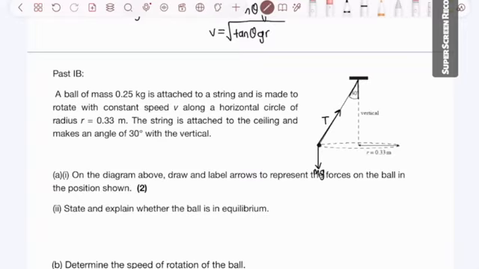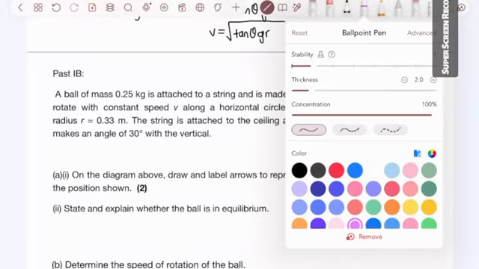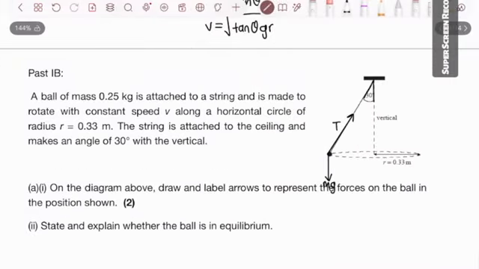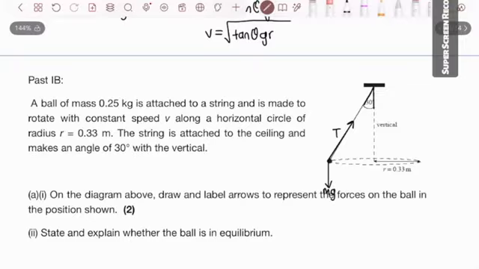Number 2 is asking us to state and explain whether the ball is in equilibrium. So the answer to this would be simply no. The ball is not in equilibrium. This is because the ball is in vertical equilibrium but not in horizontal equilibrium, because the horizontal component of tension provides the centripetal force. So if I were to, again, separate this tension into its components,